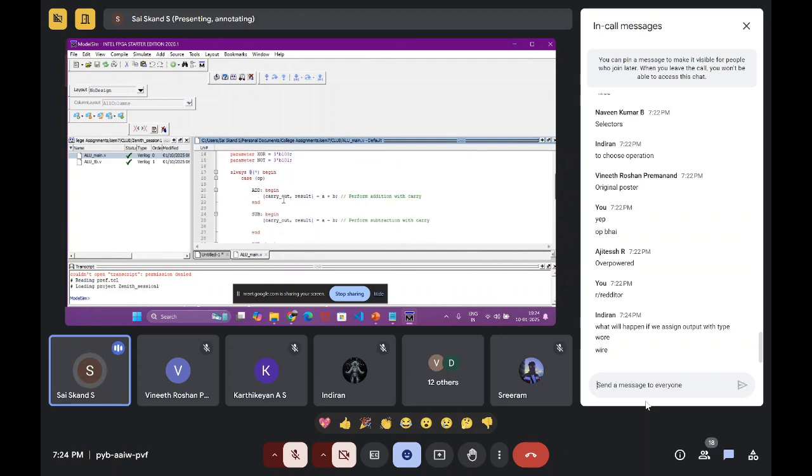We can go faster now. Now we define a parameter. The 3-bit value, what does it represent? Basically the operations which we need to perform. What is a parameter? Basically it's similar to a constant value. We are defining a constant value add, because the opcode, the select line, represents addition, and we name it according to what we want.